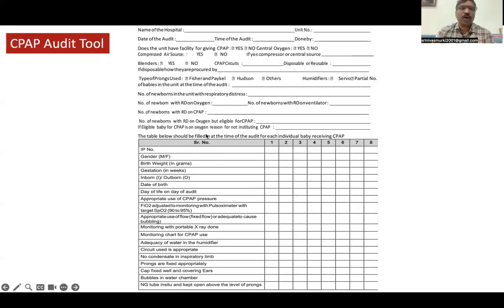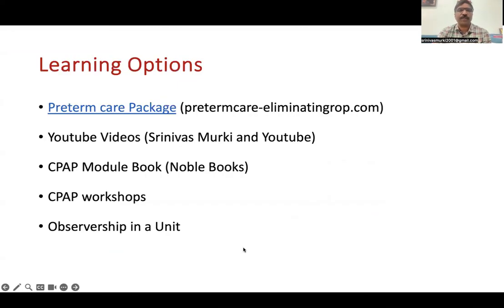This is a simple audit tool I'll share with Akash. All of you can have this tool and see how you are doing CPAP in your unit. You can look at each individual baby and see. The numbers here tell you about the individual baby. You can go through the baby, write the notes of the baby or make a checklist, and see whether all your things about CPAP are appropriate for the baby or not. So the other